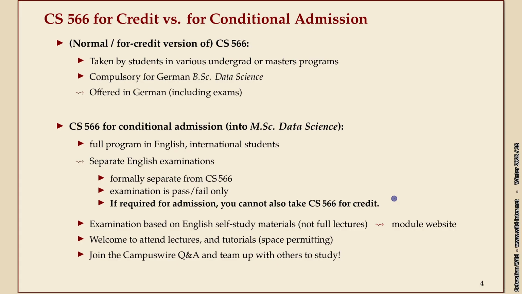This came up last year. I don't know if this is still relevant. You cannot do both modules. If you're in the situation that you're given this as a conditional admission prerequisite, then it means you're deemed to have taken this in undergrad, and then you can't get credit for the same module again. This is similar as if some of you were doing your bachelor's in Marburg and stay for the master's. You can't get the same module as credits in both programs. Yeah, this point is important to stress.